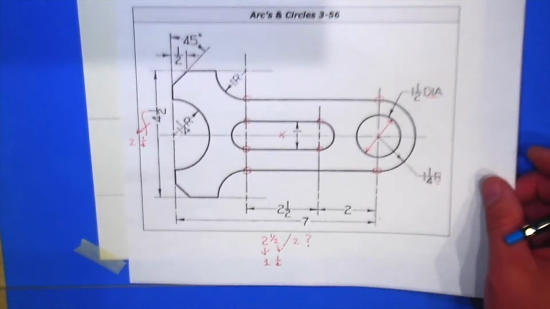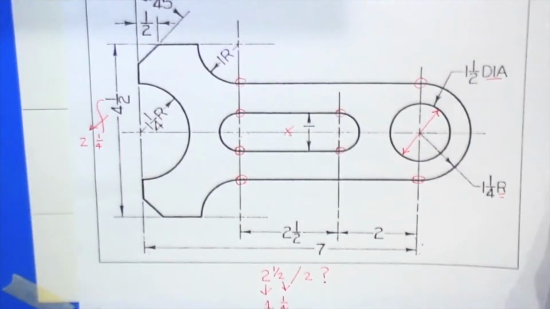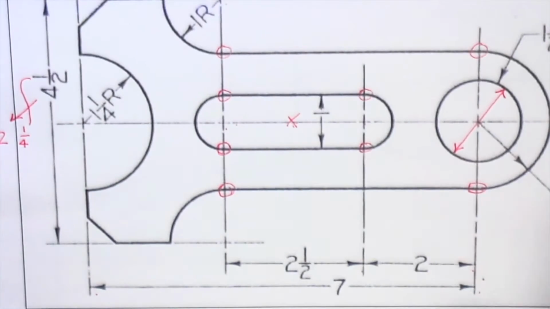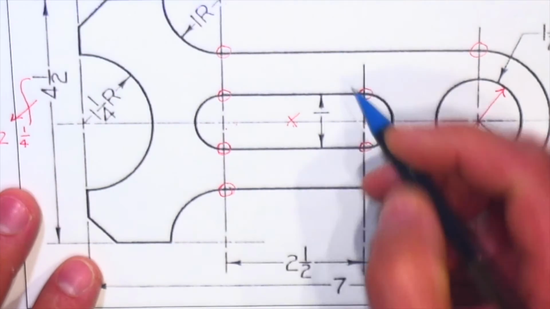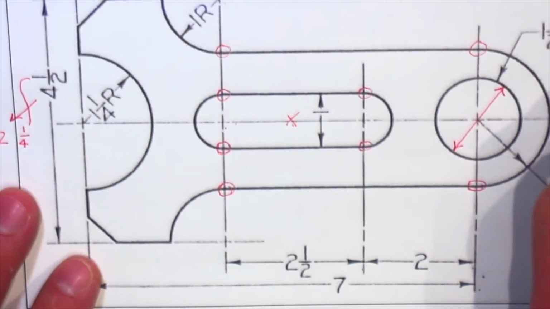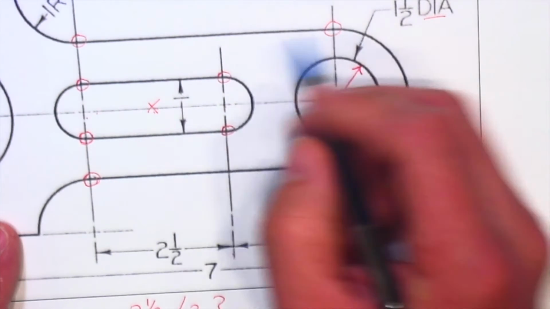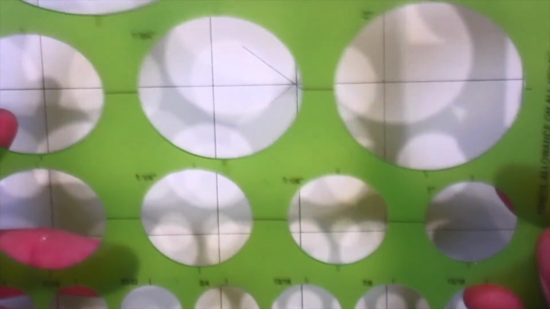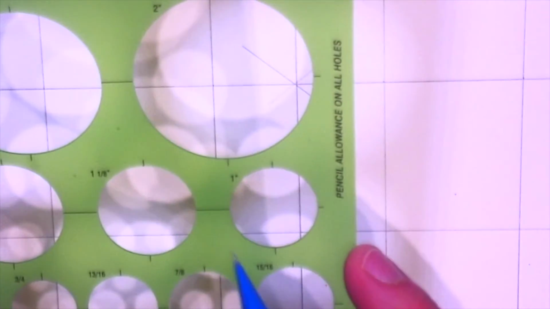Okay, now looking at the activity sheet, try to recognize what the dimensions are telling you. We're going to start right in the middle here. This is a tough dimension to recognize. This is telling you that that channel is 1 inch wide, which means it's a 1 inch diameter because it's the entire distance across. So I'm going to locate the 1 inch